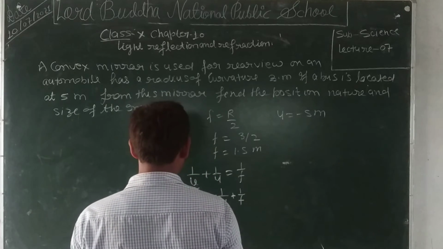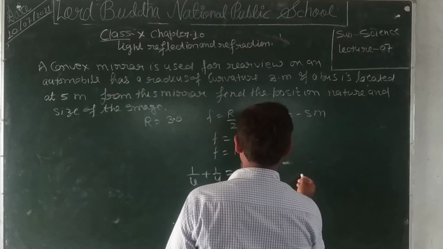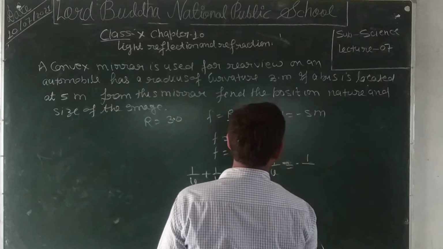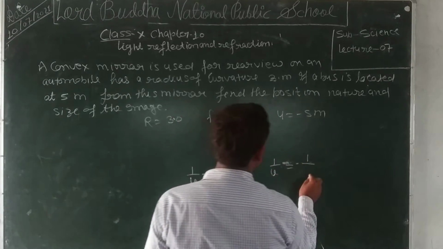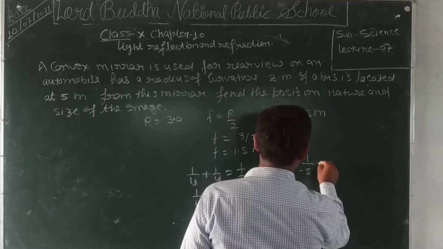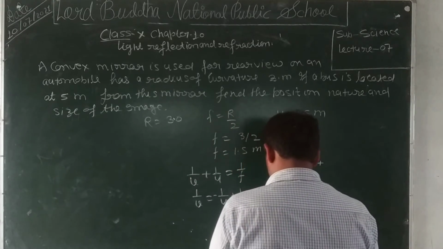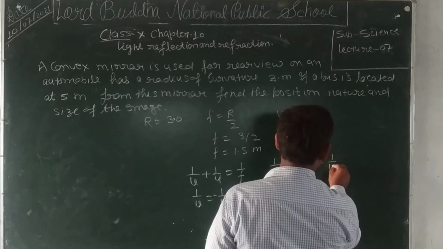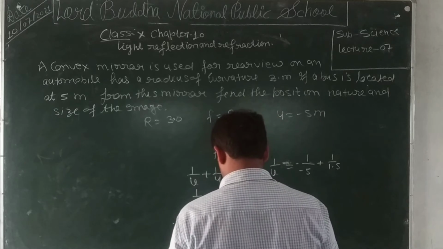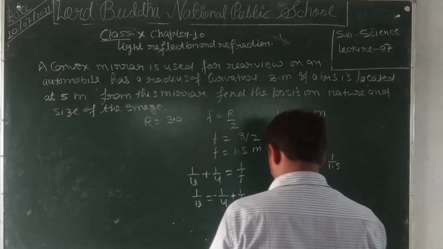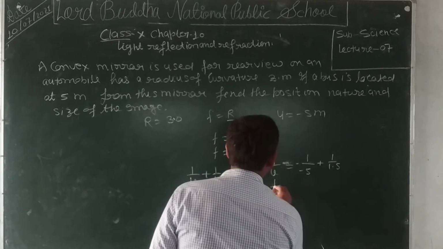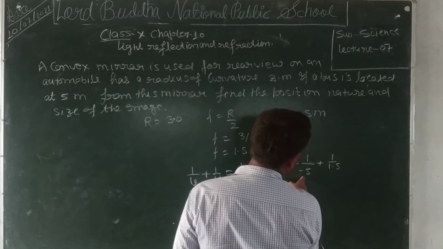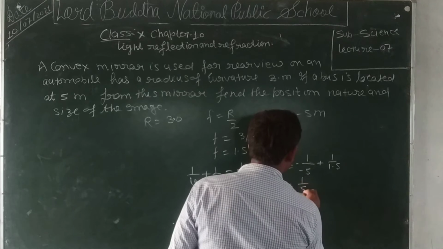Here 1/v equal to minus 1/(-5) plus 1/f, and 1/f means 1/1.5. Clear? Now 1/v equal to, both numerator and denominator minus, hence plus 1/5 plus